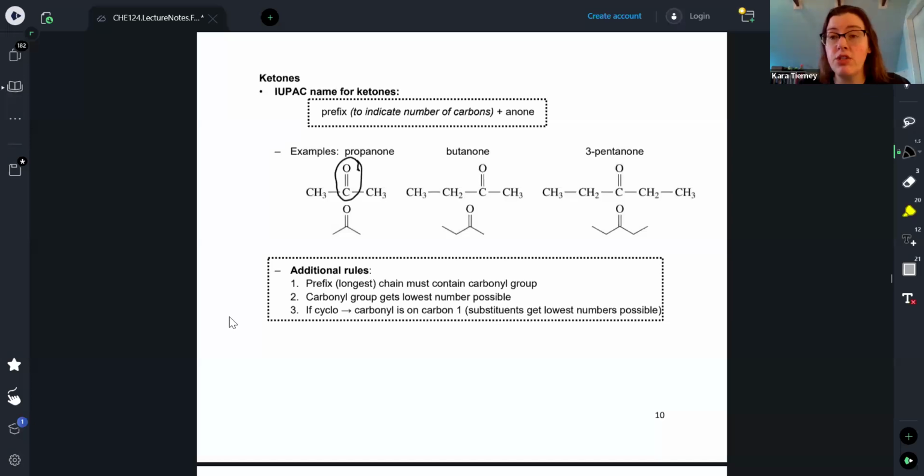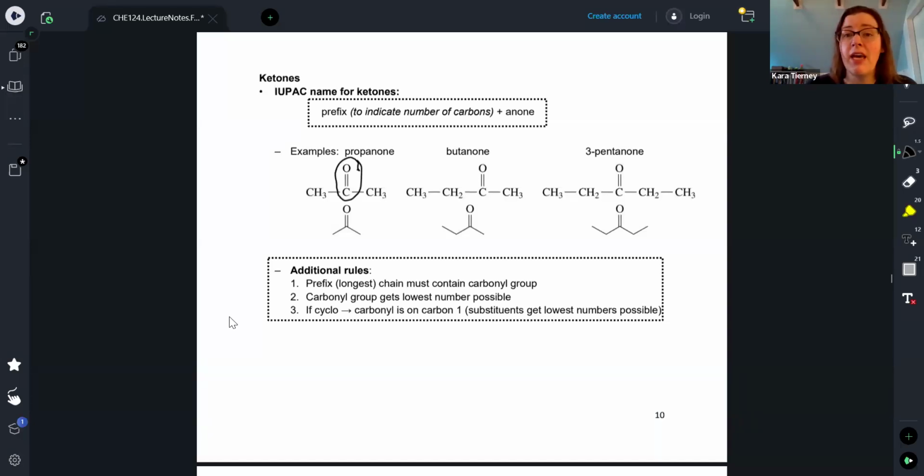So remember that prop is 3 carbons. And then we have butanone, which has 4 carbons. These 2 ketones are the only 2 ketones that do not need a number in front to designate the location of the ketone because they only have one location the ketone can go. For butanone, remember that we could call it 2-butanone, but it's unnecessary because that ketone can only go in that